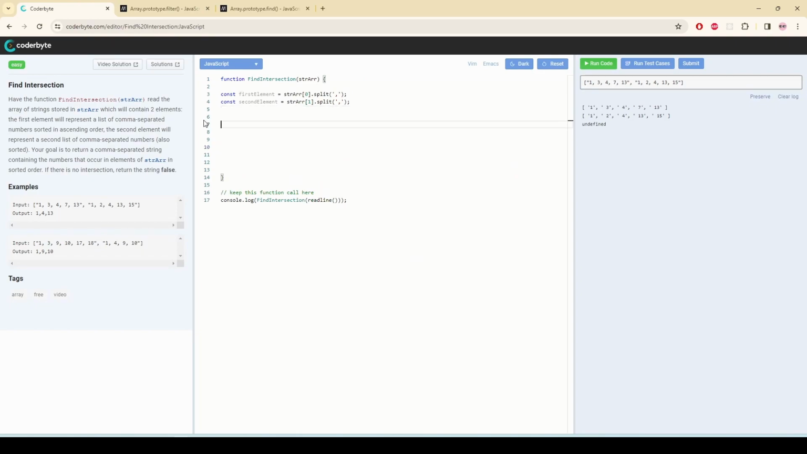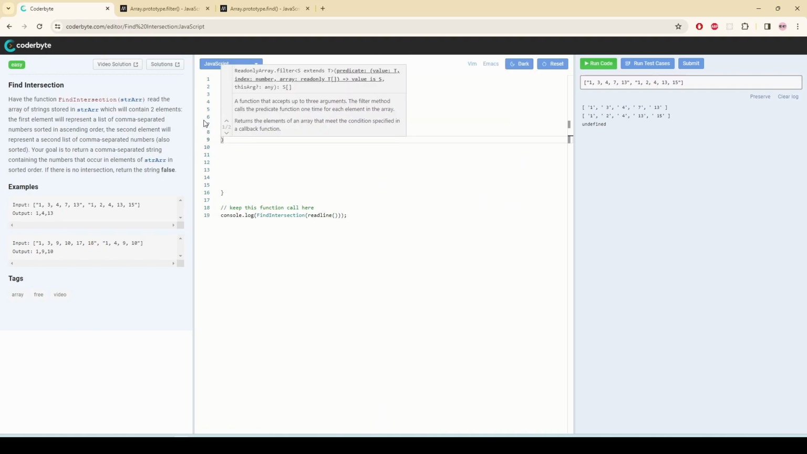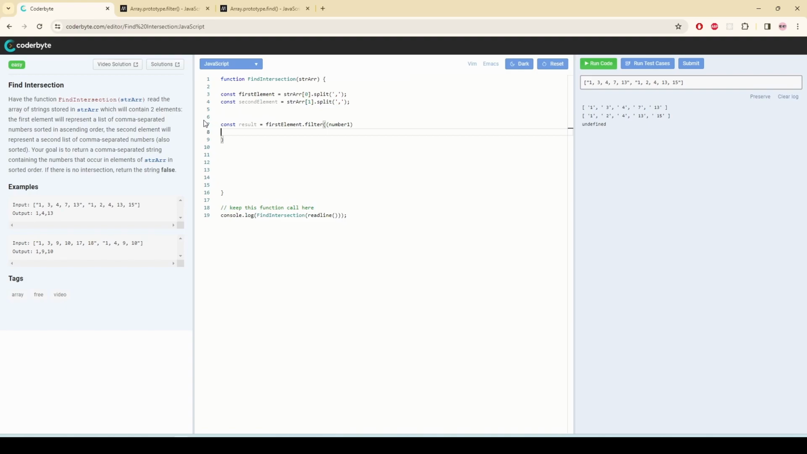So, got it. I'm going to write const result equal to firstElement, and I'm going to use filter, and I'm going to get a number, right? And whatever number I'm getting, I'm going to name it number1 because I'm getting it from the first element. Now what will be my condition? My condition is going to be, take the second element,